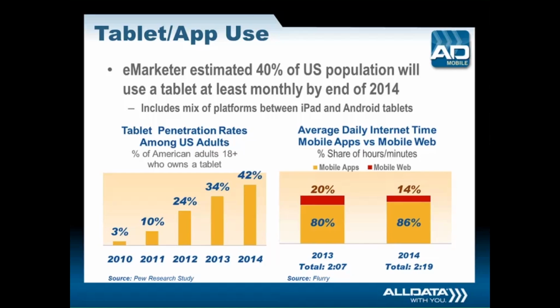In 2013, 80% of internet activity, basically time measurements of internet activity, was through mobile apps. That is, people accessing internet-based information through an app as opposed to a browser. In 2014, that number jumped up to 86%, and browser usage within a tablet shrank accordingly. So what we're seeing is people utilizing apps for specific needs to meet their internet demands, be it